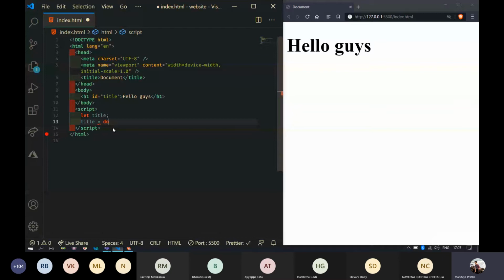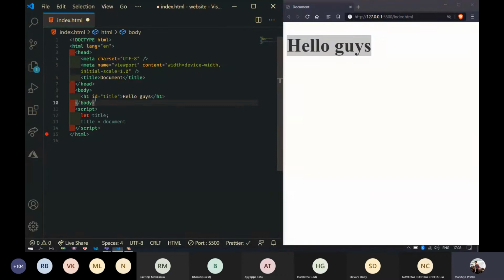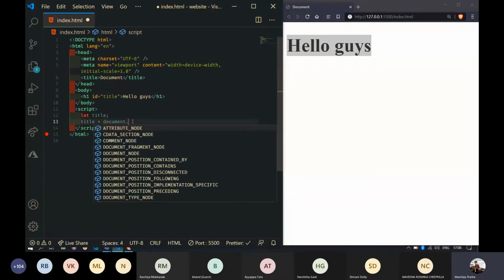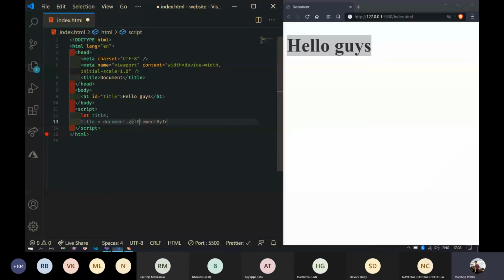To get this tag, I gave it a unique ID. So we can get this entire tag with the help of this ID using a method called document.getElementById. What is the ID that I need to use? Title. So now the HTML tag h1, which is hello guys, is in the title variable.